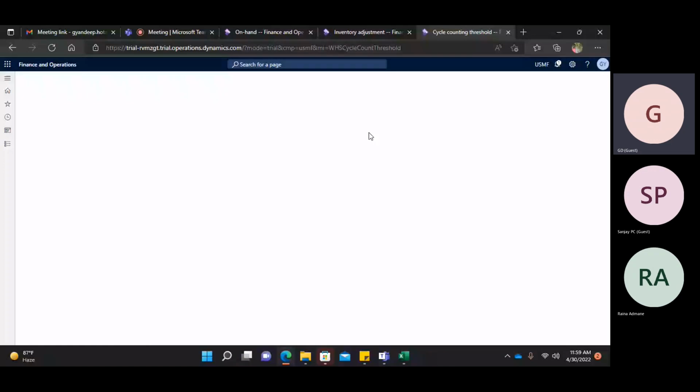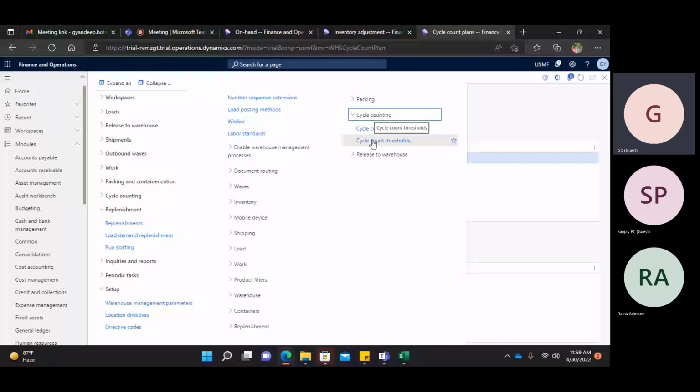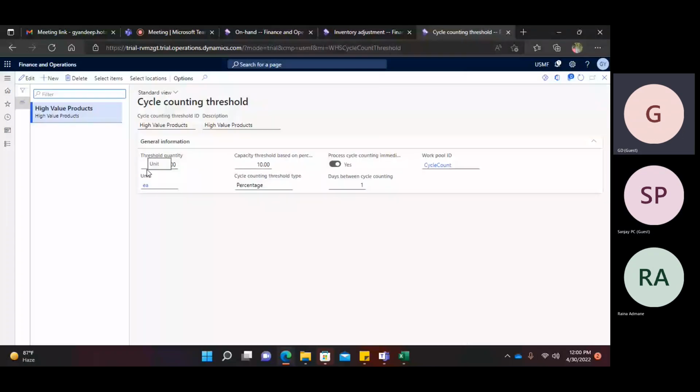Threshold means you will put some range. Once the selling range or some range is crossed, it will start the cycle counting. So this is the automatic process. You give some threshold quantity from here to there, and if this is crossed, then cycle counting will be done automatically. Generally, no company uses cycle counting threshold; every company uses the cycle counting plan only, because